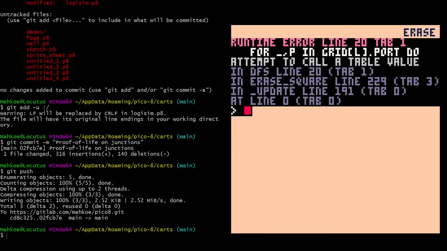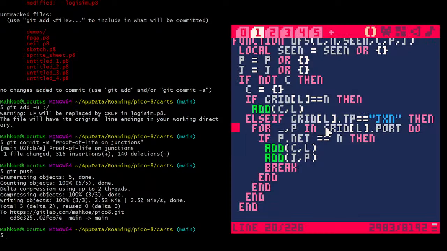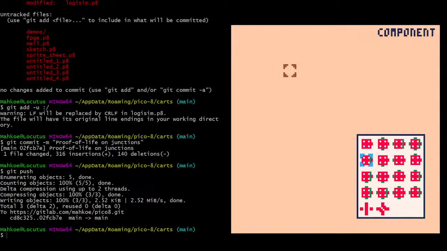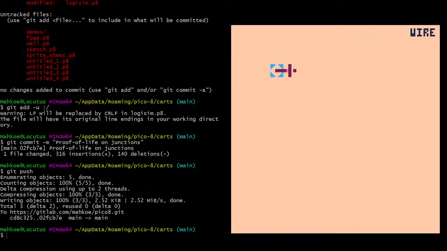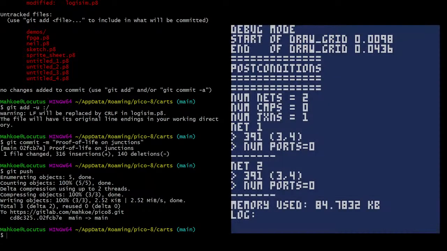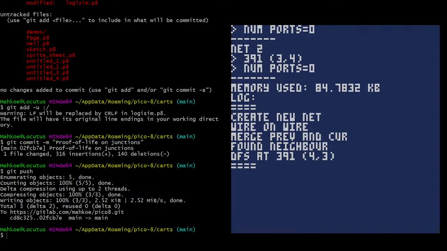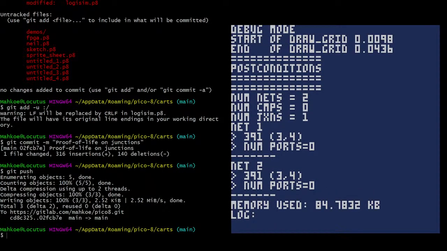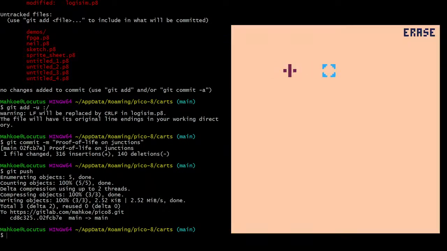Oh, whoops, forgot to put the I pairs. Actually, I don't really need the index, so I can just do this. Okay, connect the wire, now we erase it. Now what do we have? Hey! Okay, so that helps a bit. Now we need to create that other